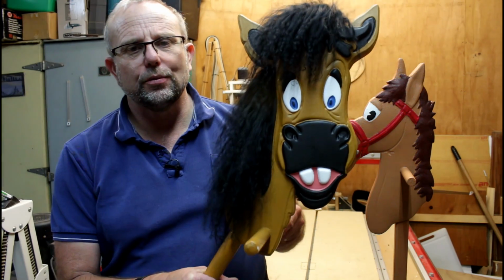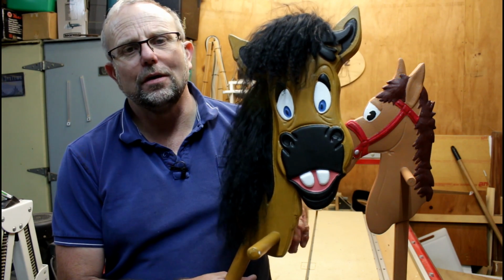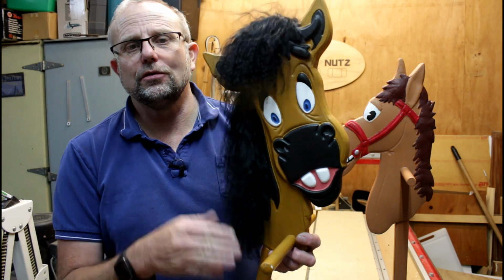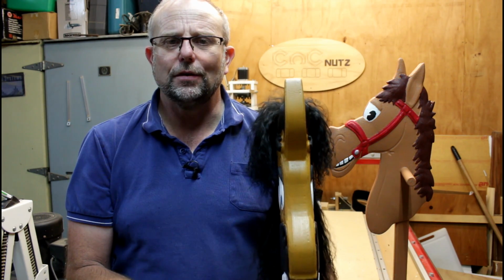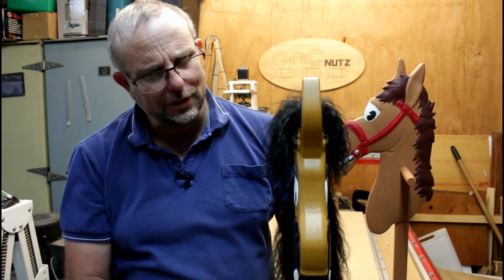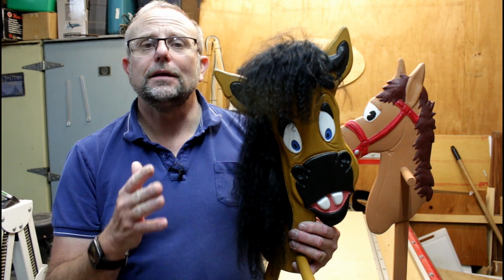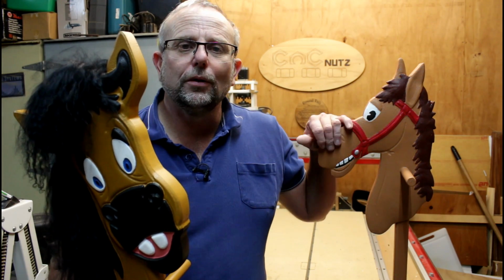So what on earth possessed me to put two eyes on the one side of the horse? Well, it's all based on this here, the original hobby horse project I made quite a few years ago. As you can see, it has two eyes on each side. And because of the way the eyes are further down the model, it really doesn't creep you out when you look at it straight on. Well, not too much anyway. But I thought it looked really good, and I think looking from the side it does look a lot better. But I must admit, now that I see it side by side with the new model, I think I prefer